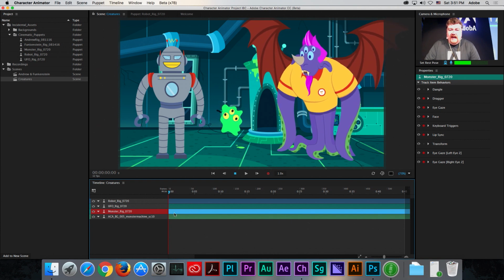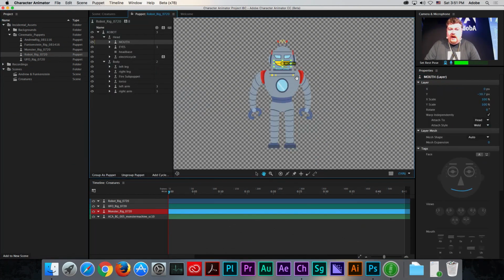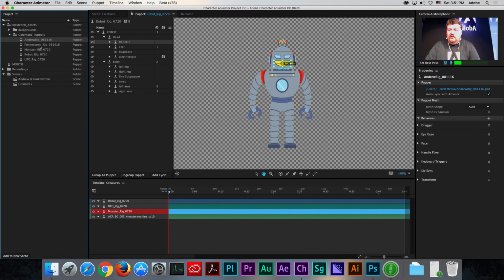So if I wanted to actually take the robot's mouth and move it and put it onto Andrew, I can actually open up the robot rig, select the mouth, and say promote for reuse in the project. By doing this, this will actually create and move the mouth up into the project as a separate draggable object. So I can now reuse the robot's mouth onto a different puppet. So at this point I can open up Andrew,